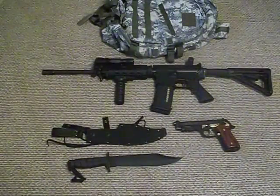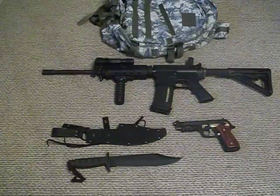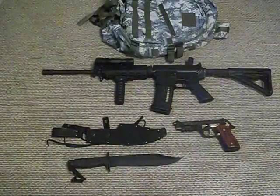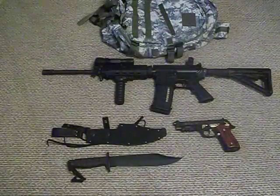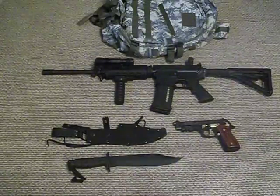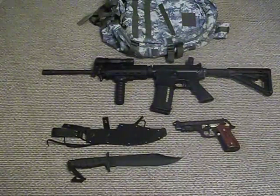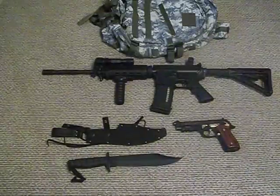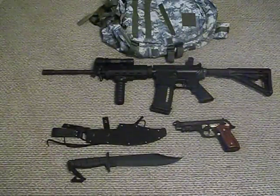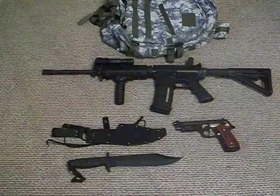Optics are okay, but only if you're going to have something like an Aimpoint. That only lasts for years, so you'd better at least have backups. And with flashlights, you're going to need tools, which I'll get into later too, in case you want to just detach it if your gun goes out completely. You can always take it off by taking off the delta ring and the foregrip. But anyway,